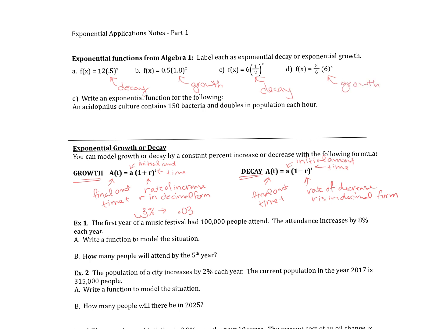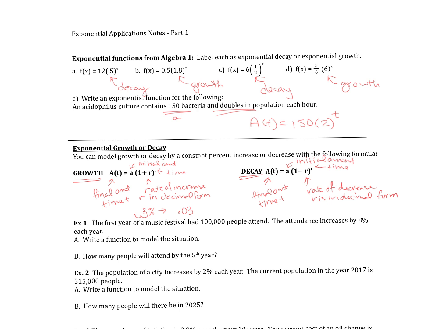So, for example, if the initial amount of my bacteria is 150 and it's doubling, that's my entire rate. My entire rate is 2. That's my growth, if you will. That my amount at any time t is equal to my initial amount, which is 150, times 2, which is my rate, to some amount of time. So let's take a look at